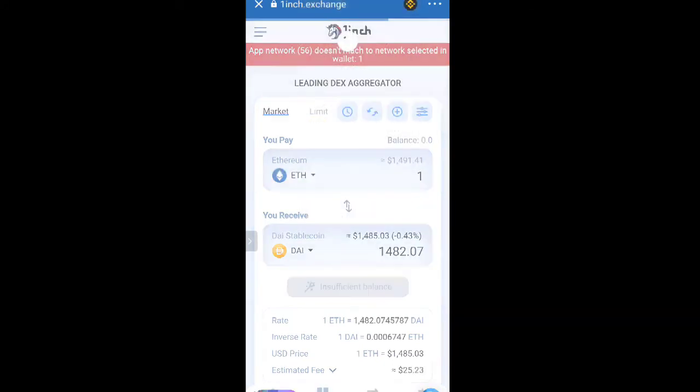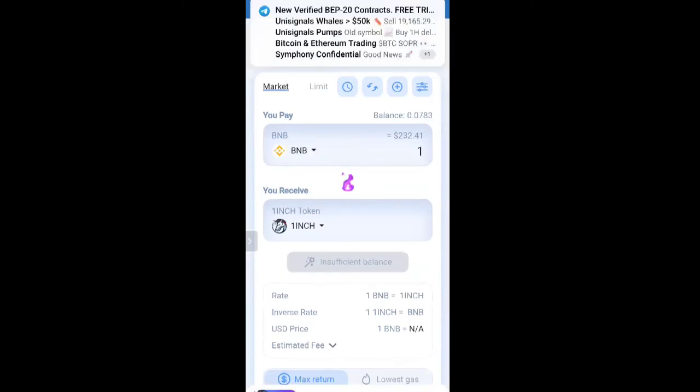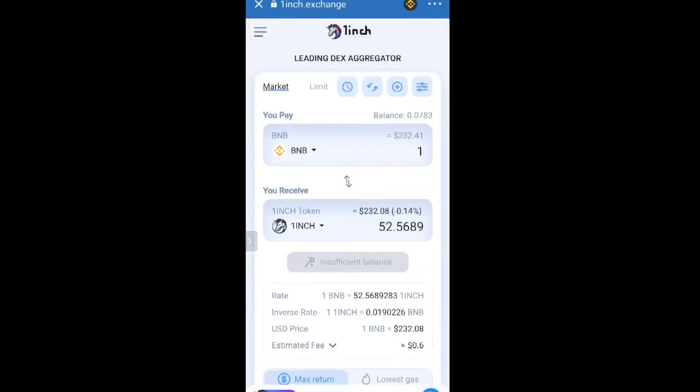It will load up. If you notice, it was showing me that one app linked to this app wasn't in sync. Now that I've switched to Binance Smart Chain, it's in sync. Now below here, below the screen, you will see